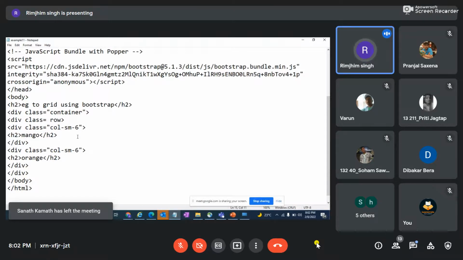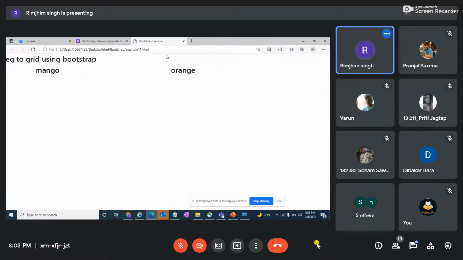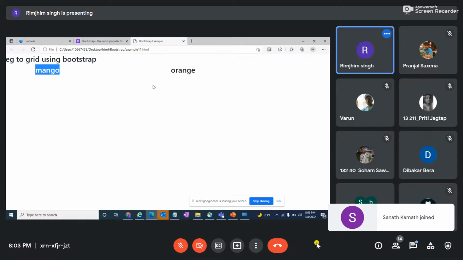Since we know that we have to make it a count of 12, in the other column, using the breakpoint SM again, I have written orange. Then I just ran my program, which gave me this output, which divided my screen equally from here. To my left it is one part, to my right it is the other part. Okay,